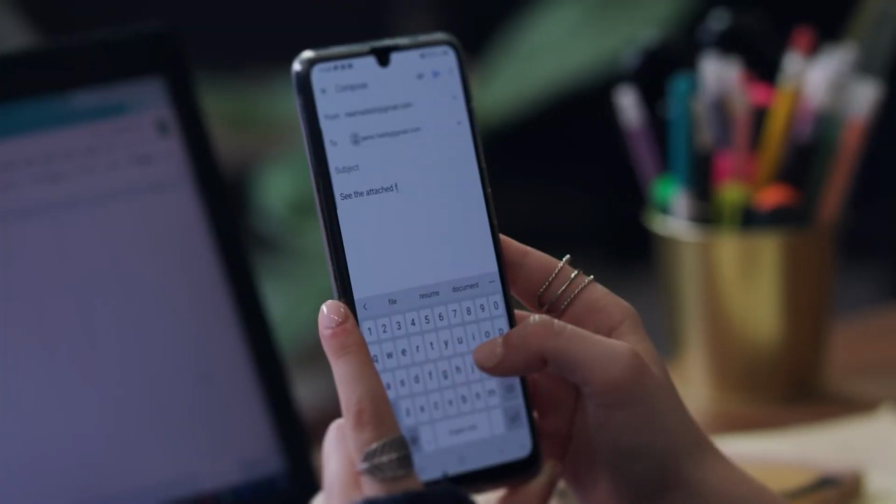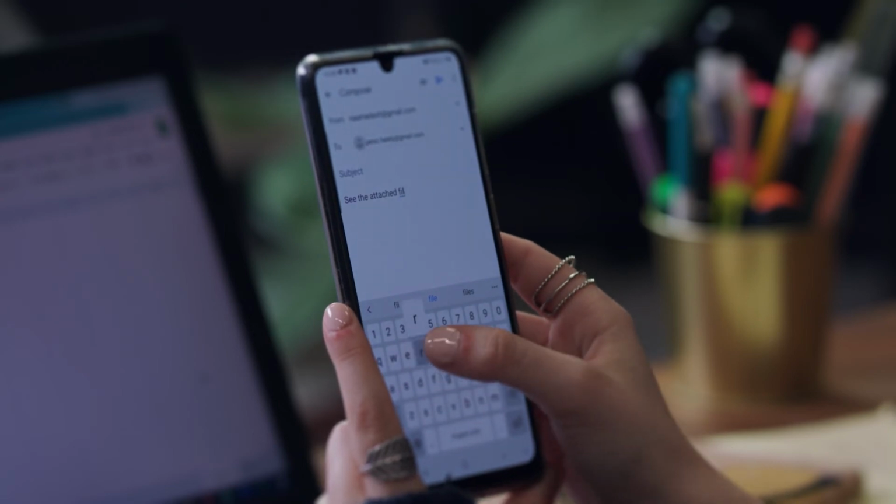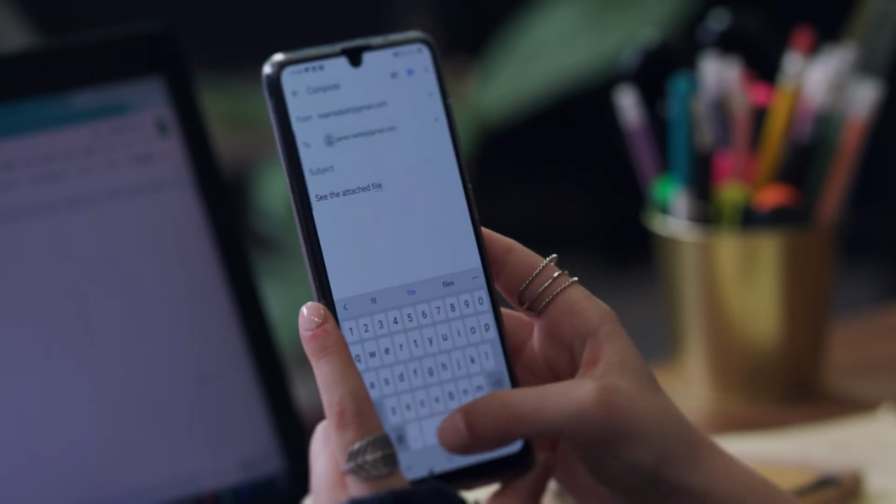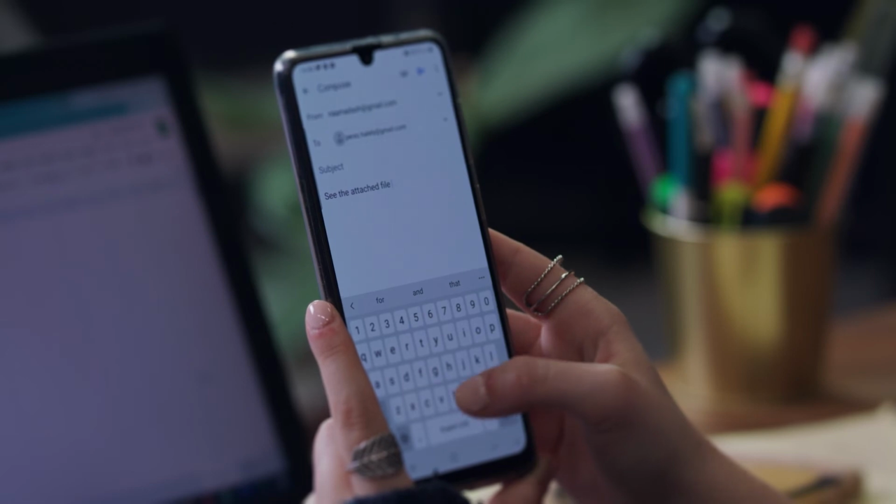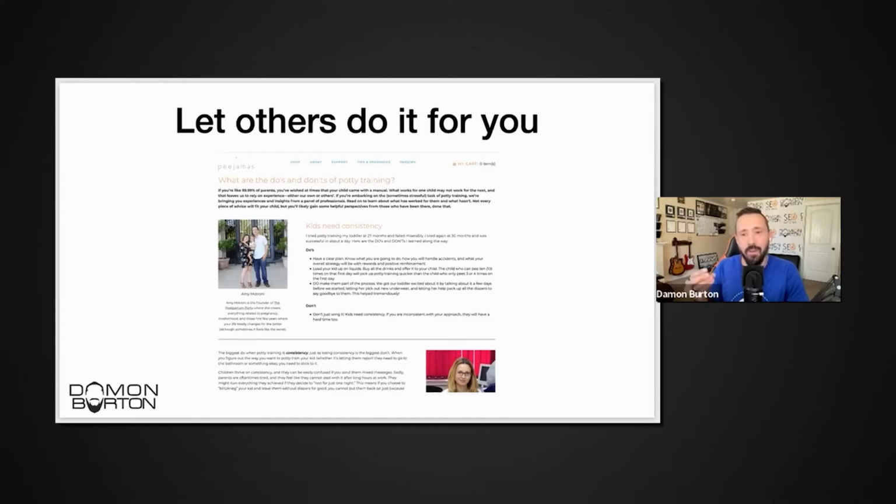And then you can shoot them a message and say, hey, in this case, we're going to talk about the do's and don'ts of potty training. Would you like to contribute? So then you catalog their contributions. So we kind of have a left, right alternate. So there were 6 or 7 contributions on this. Publish it on your website.